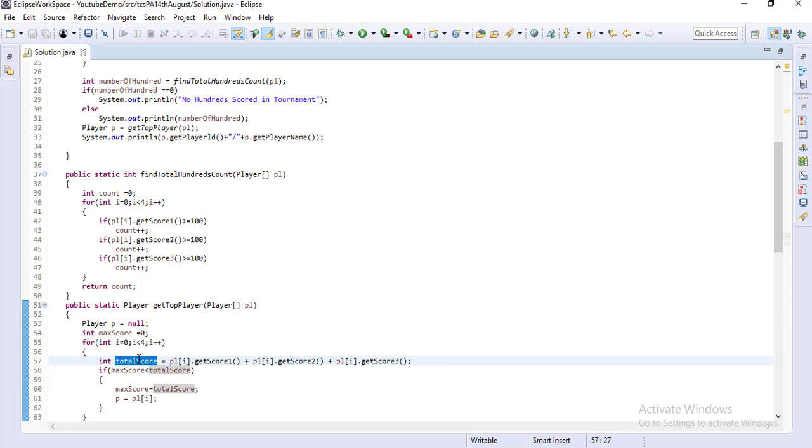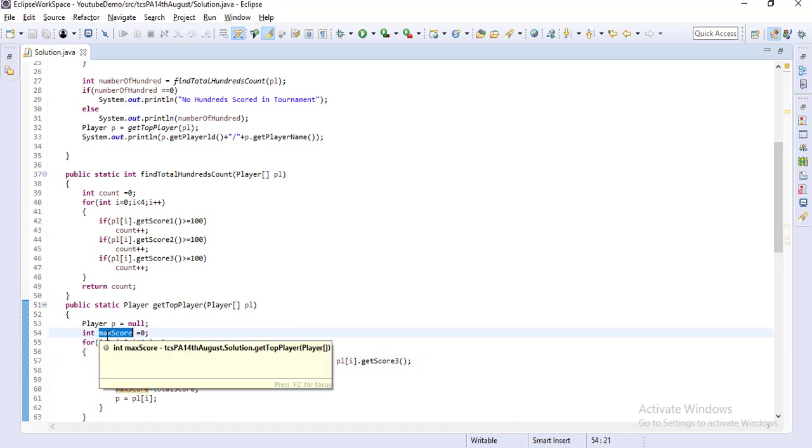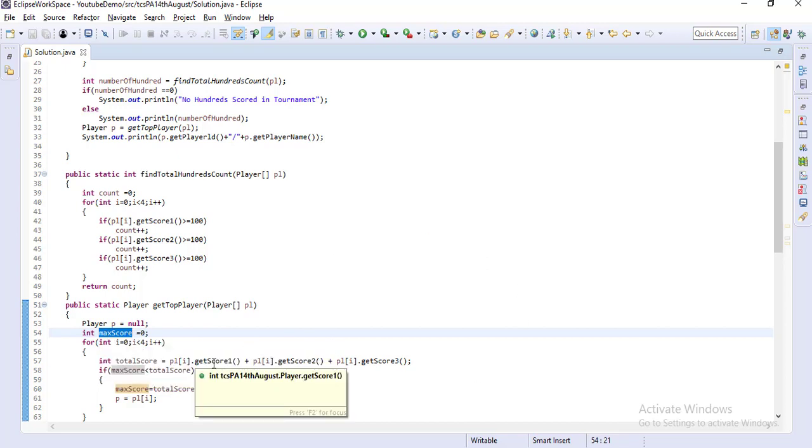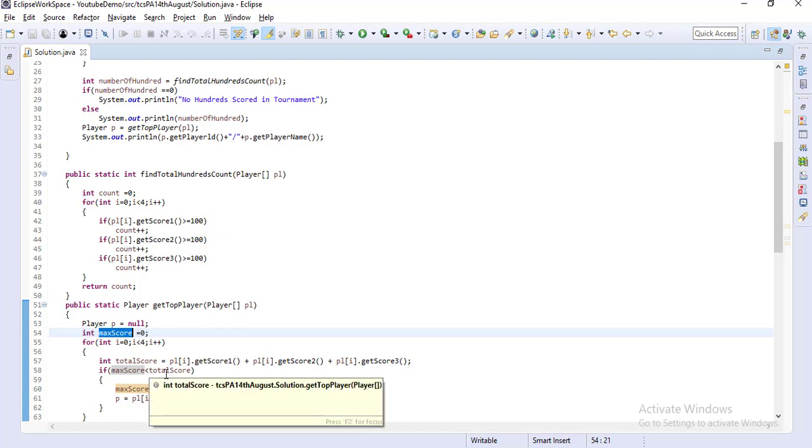Then we take another variable, max score, whose initial value is 0, and every time we check if max score is less than total score, where total score contains the current player's total score. If it is greater than max score, that means it is the max, so we swap the values.